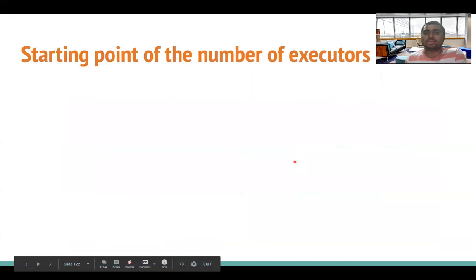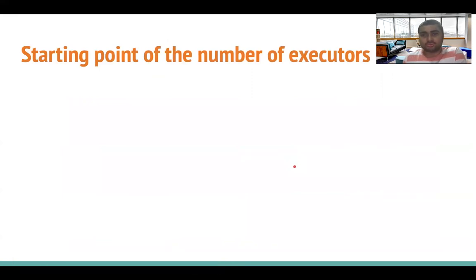Let's get ahead and talk about the important point of this video, which is what has to be the starting point of the number of executors or the size of executors. So before we go into it, let me try to recap. Whenever you call an action on Spark RDD, there is a Spark job triggered. One Spark job can have multiple stages, and each stage is decomposed into different tasks. Each task by default takes one partition of the RDD. It operates on one partition. So the more number of tasks you have, the better parallelism you can achieve. And the number of tasks which can run inside an executor is governed by executor cores.